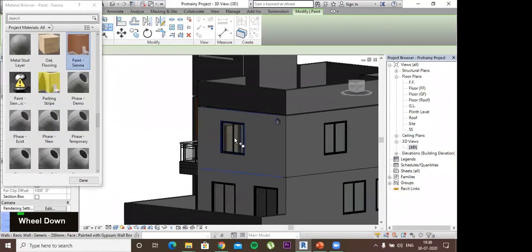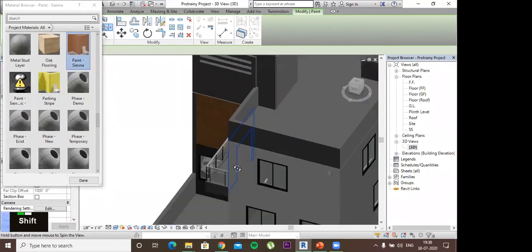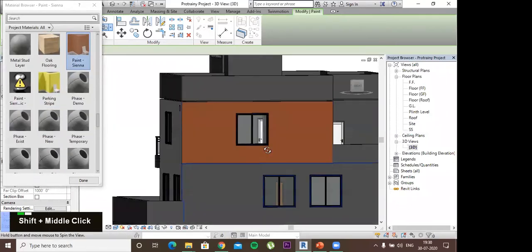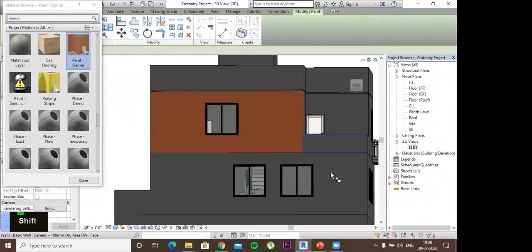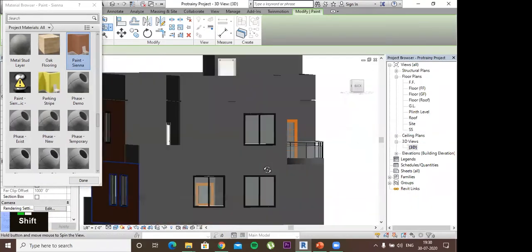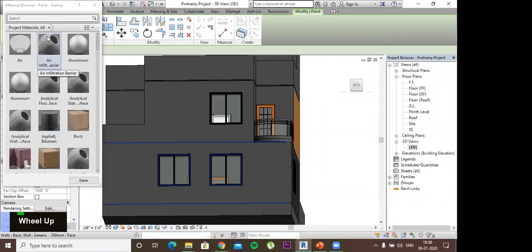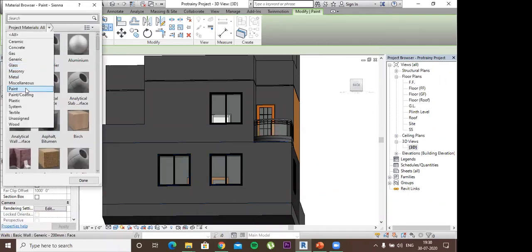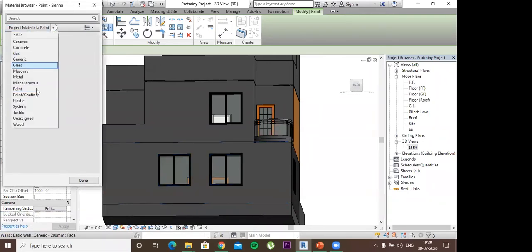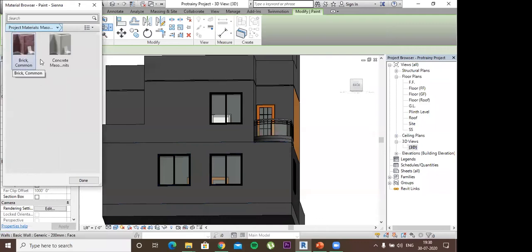I think suppose this one paint I wanted, I'll apply this paint on these walls, and then some other type of paint, masonry material. For example, I want to make a concrete, keep it in this bricks texture,